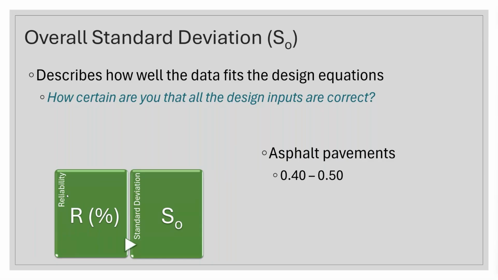But for asphalt pavements, there are lots of places that things could vary. When I make the mix design, the aggregates that go into that mix have variability. The binder, the oil that we use in that mix, has variability. Everything that we do with asphalt has some component of variability, and our goal is always for it to be completely consistent, but we know it's not in reality. So our standard deviation value for asphalt pavements is typically around 0.4 to 0.5, which is honestly a large number, but there are lots of places where things can vary, even when we get to the construction phase.